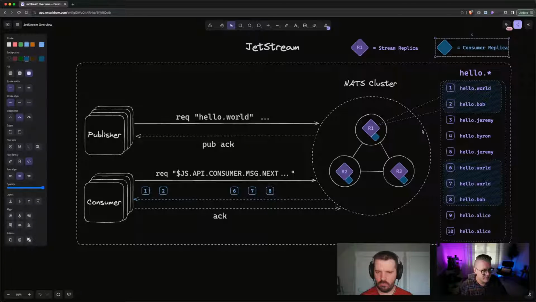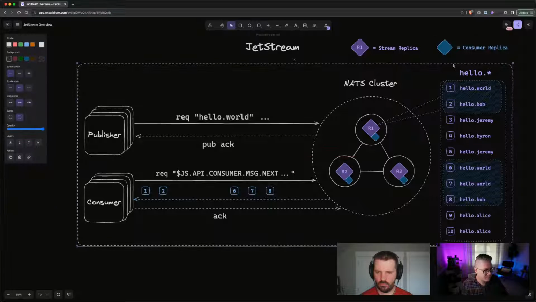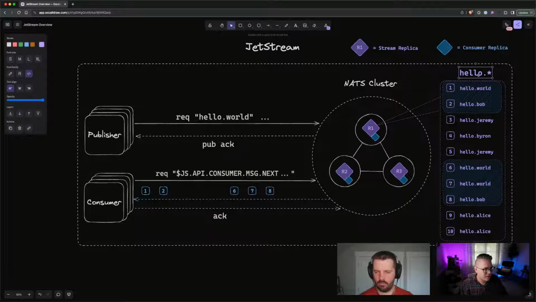And so, for instance, this consumer, the actual stream might be storing all the messages inside of hello.star, but the actual consumer might only be concerned with hello world and hello Bob, and therefore those are the only messages that are getting delivered. These ones in blue here. So you can see 1, 2, 6, 7, and 8 are being delivered, and 3, 4, 5, 9, and 10